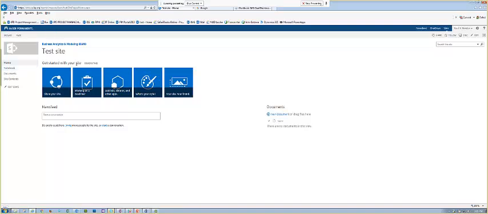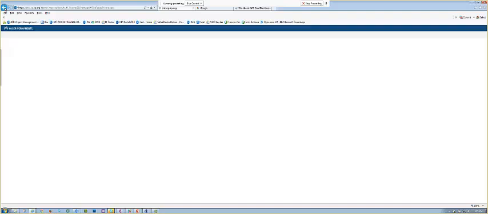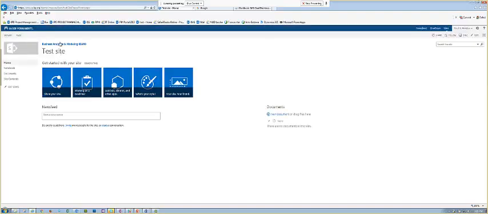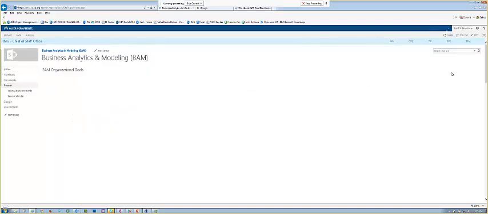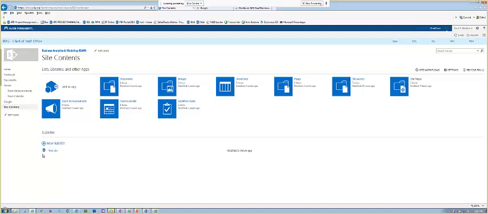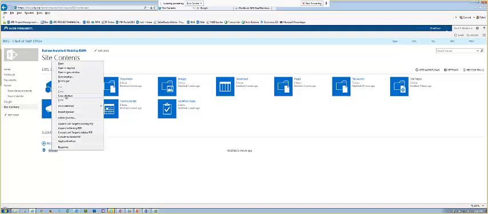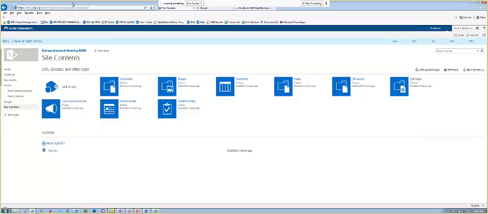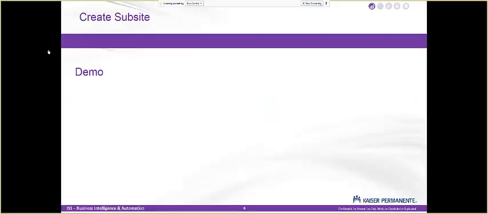So if we go back to the main site, and go back to site contents and look again at the subsite area, we see that our test site is actually here. This is where all your test sites will be. You can leave them here and send out the link to them directly, or you can add them into the navigation wherever you like. And there are a couple of ways to get the site link. You can right click and then copy shortcut, and that'll put the link in your clipboard, and you can paste it wherever you want, or you can go to the site and then grab it out of the address bar at the top. So our next